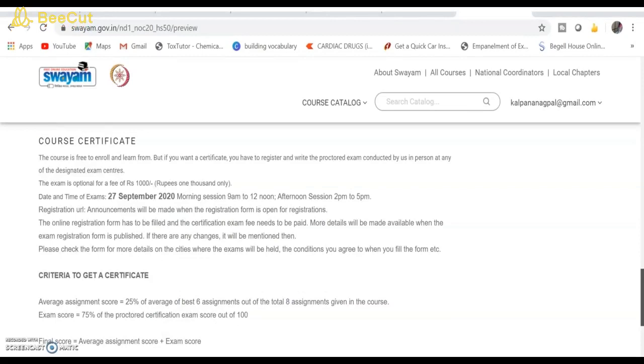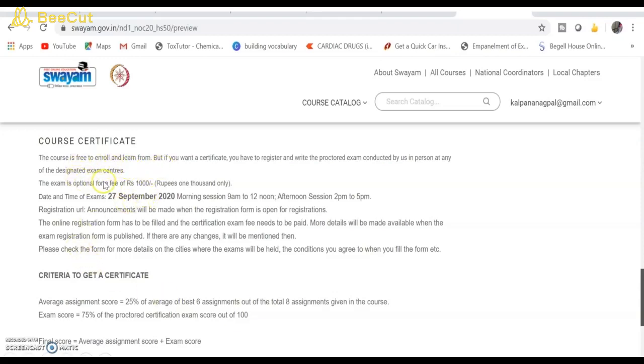So the guidelines about the course certificate: you will get the certificate only if you appear for an exam. The exam optional fee is 1000 rupees. That means if you opt for an exam, otherwise you can go through the content free of cost.